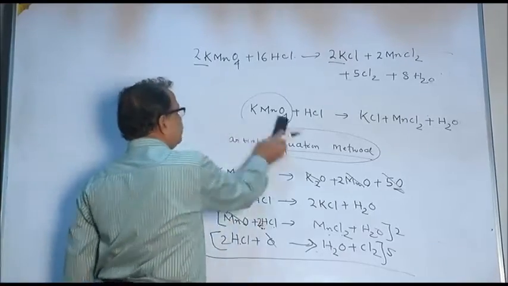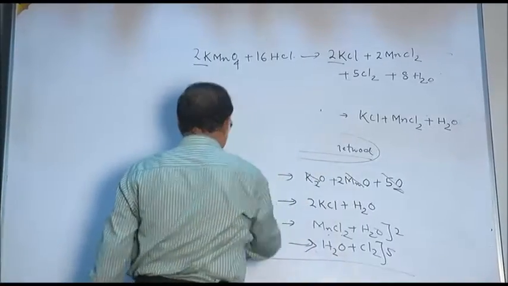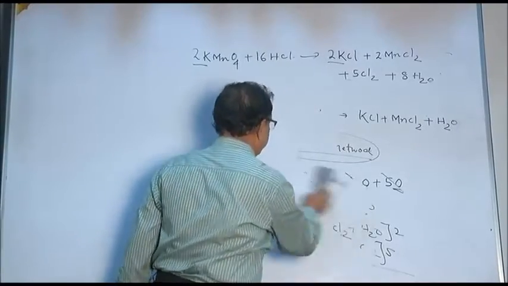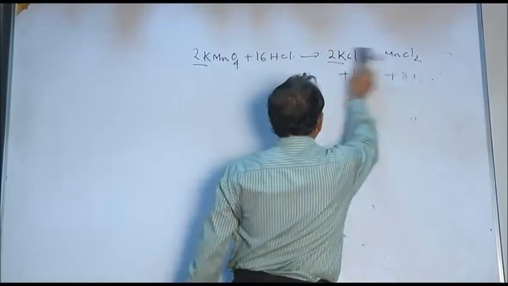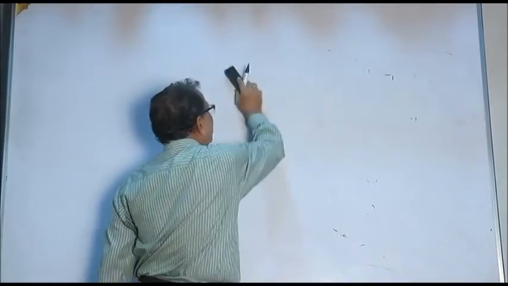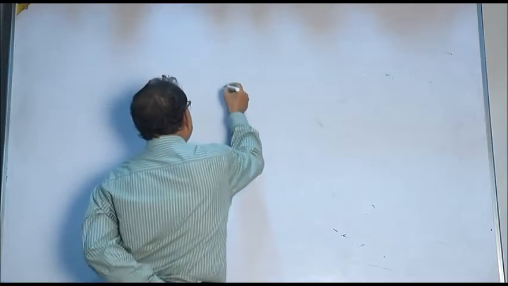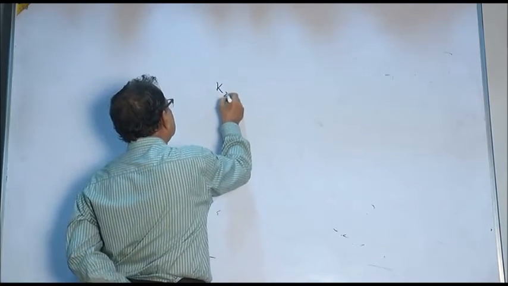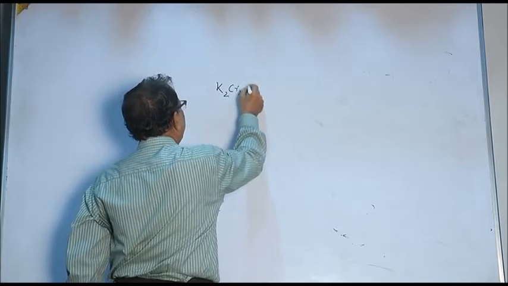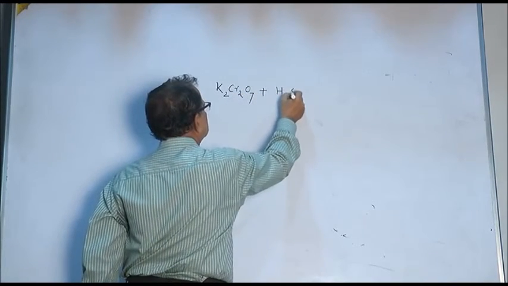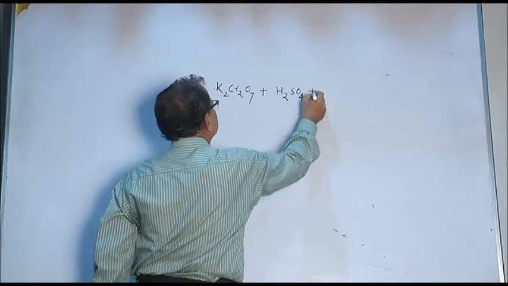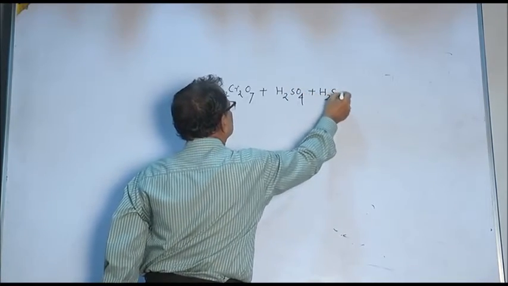Another example: we may write, besides potassium permanganate, potassium dichromate, K2Cr2O7. How to balance this equation I am writing. The bigger one, K2Cr2O7 plus sulfuric acid plus H2S, it forms